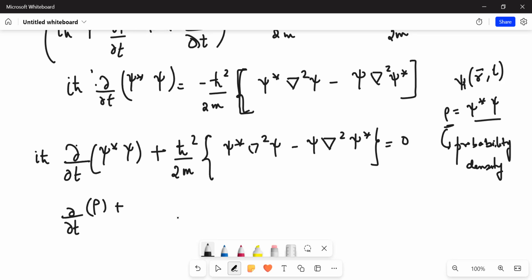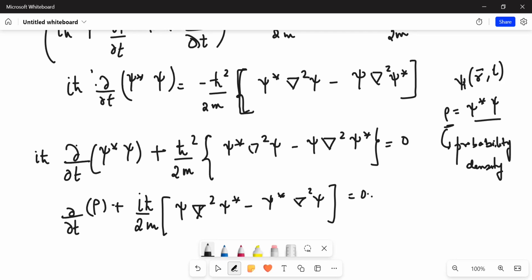Plus, if I divide it, so I'll get 1 upon h bar, and you will have to do iota division. You multiply both above and below. So I think at the end you will get iota h bar upon twice m. There would be a negative sign, I think, so I'll shuffle that sign. So you will get, I think, this. And this is equal to 0. I hope it is now clear.